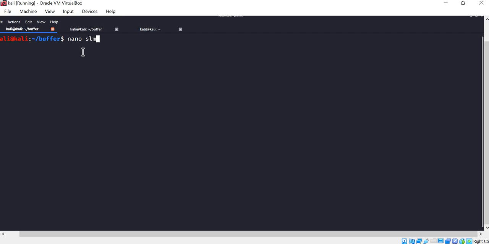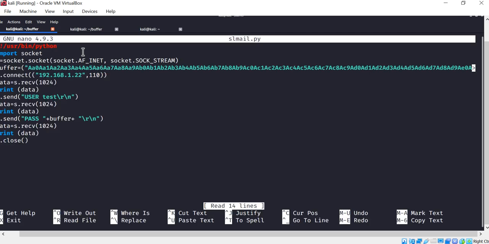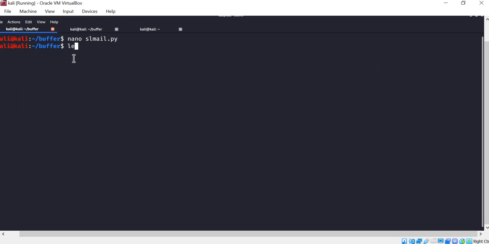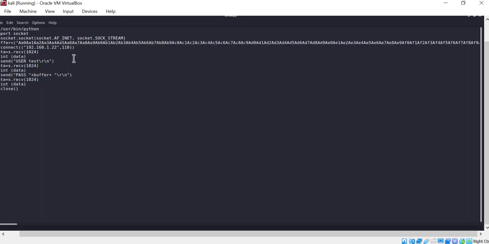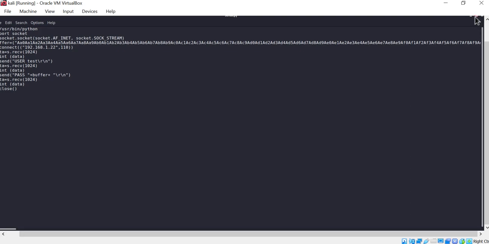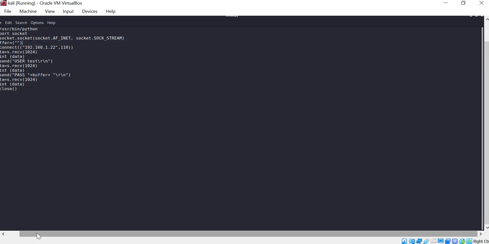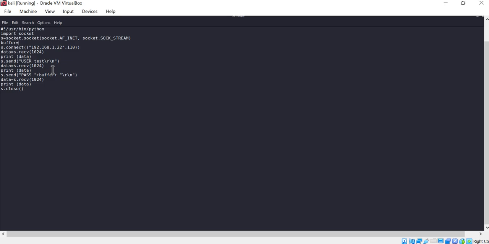So I'll just one more time edit my SLMail script. Let me edit it using GlyphPad, which is more comfortable for me. And instead of this buffer size, let me delete this and then say A is 2606 this time, and then after that we will add B, which is 4 characters, which will be written on the EIP.